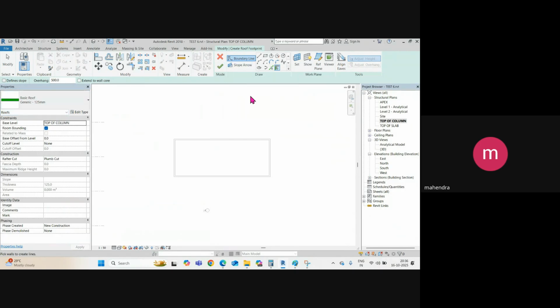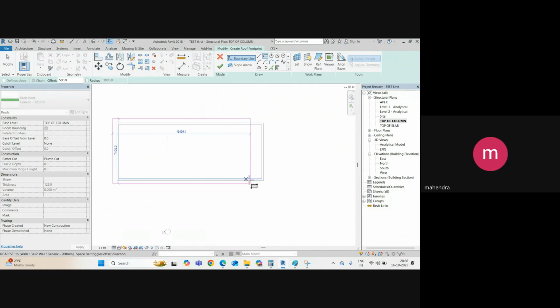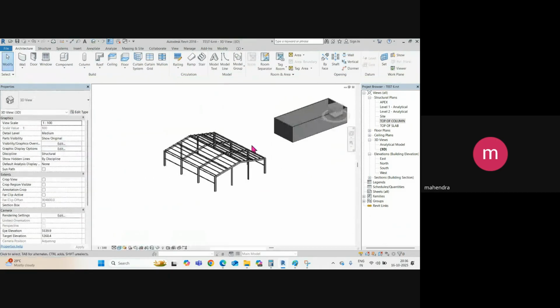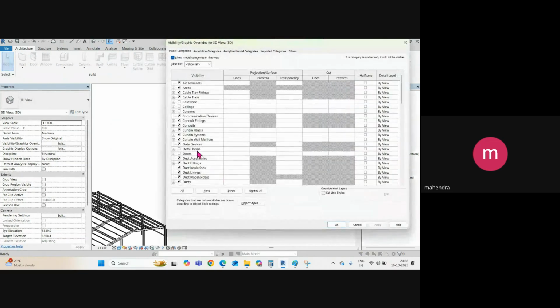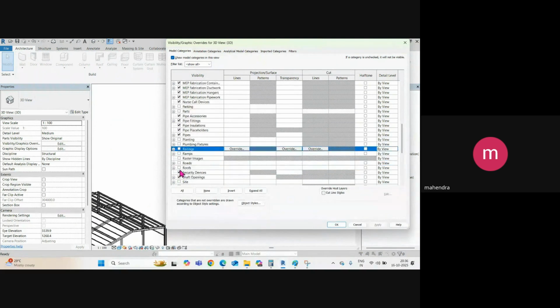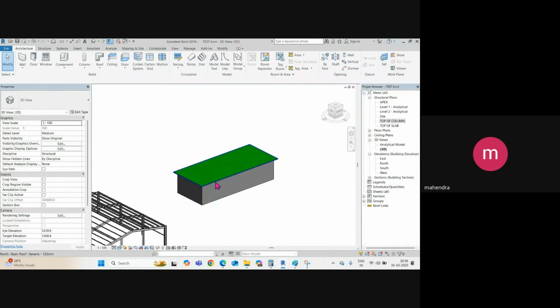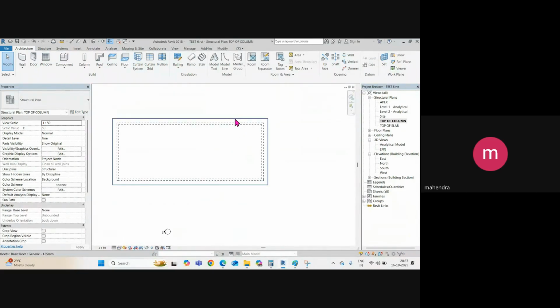आपके हिसाब से फैमिली क्रिएट कर लो। ठीक है, ओवर हैंग देने के बाद मेरा ये पूरा स्क्वायर है तो मैं ये यूज करूंगा। अगर एल शेप होता तो मैं पिक लाइन ऑप्शन करता और टिक टिक करके शेप पूरा करता। ये ऑफसेट मेरा 500 है। मैंने ये स्टार्ट किया और यहाँ एंड किया, ओके। रूफ डाल दिया मैंने। रूफ डालने के बाद देखो रूफ दिख नहीं रहा क्योंकि वो यहाँ से ऑफ है। सो विजिबिलिटी में यहाँ रूफ ऑन करो, अप्लाई एंड ओके। सो ये रूफ आ गया।